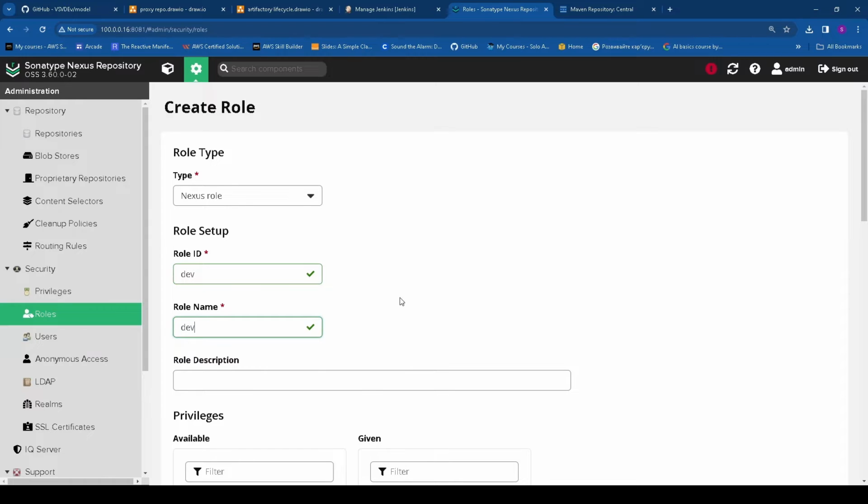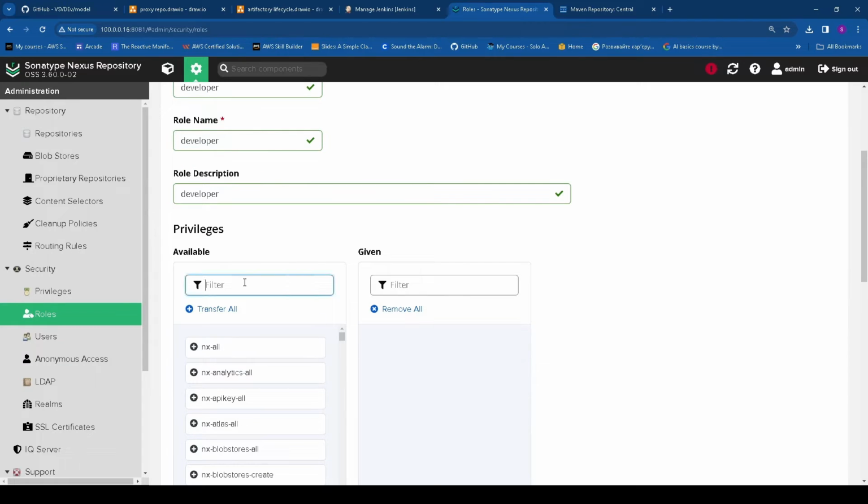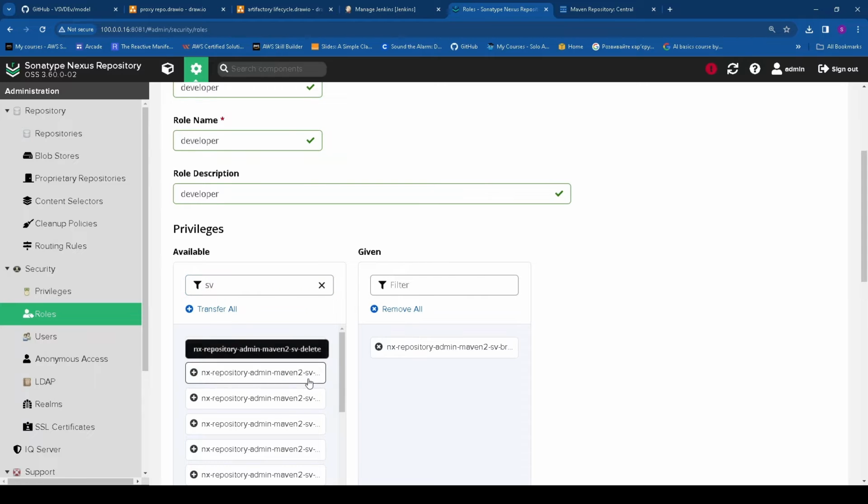Let's call it developer. Then we can define privileges, and we can filter all privileges by SV because we called all of them SV,